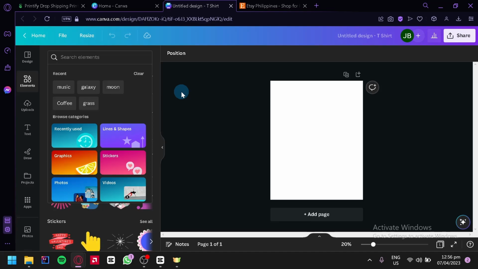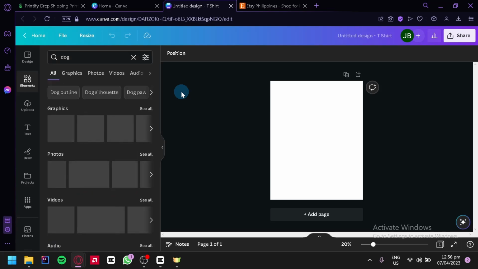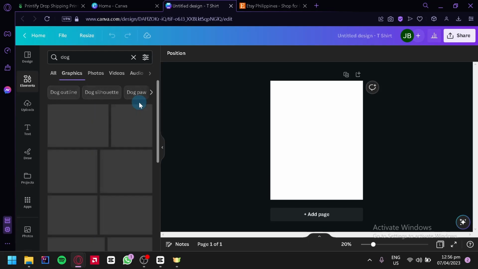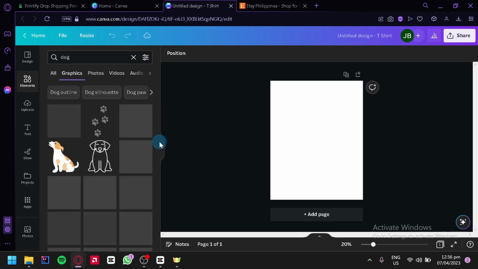For example, I'm thinking of dog themed design. So I'm going to search for dog and we're going to wait for it to load. We have graphics over here. There's also photo options over here. I'm going to focus on graphics for now. We're going to click on see all and we're going to wait for our different graphics to load in a